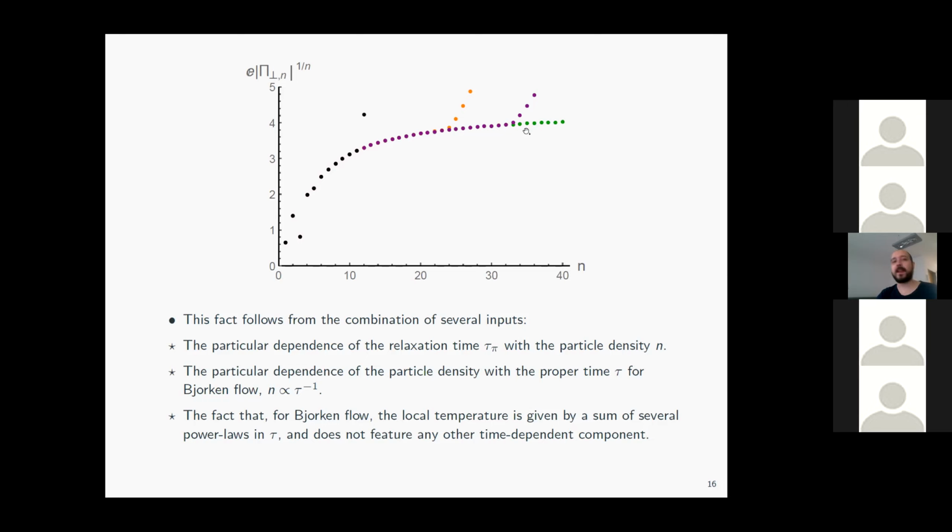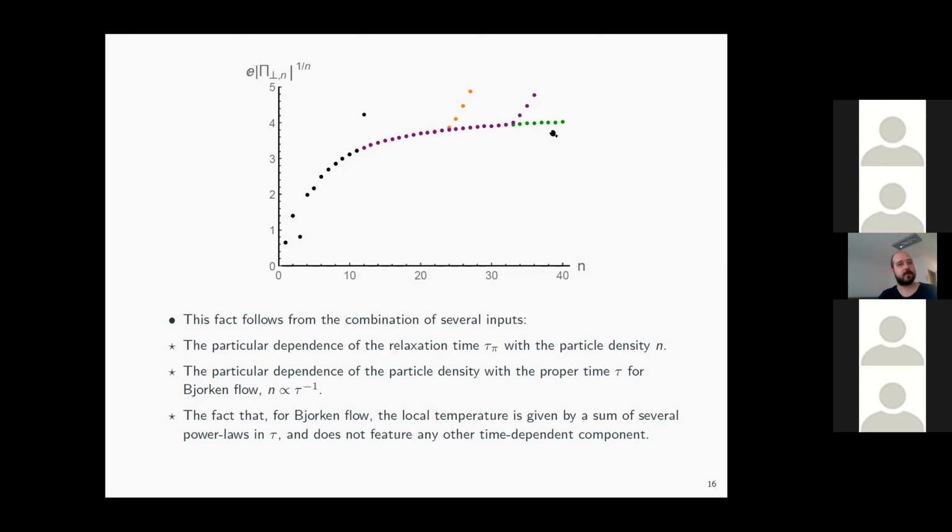Just as a cross-check of our numerical algorithms, we computed the same object using our method, restricted to this particular example. And what you see here, the results that you get as you increase the temporal resolution, are the black dots, the orange dots, and the purple dots. Our numerical method is able to reproduce the analytic prediction, at least up to some point, which goes to the right as the resolution is increased. So this converges to the correct analytical prediction, okay?